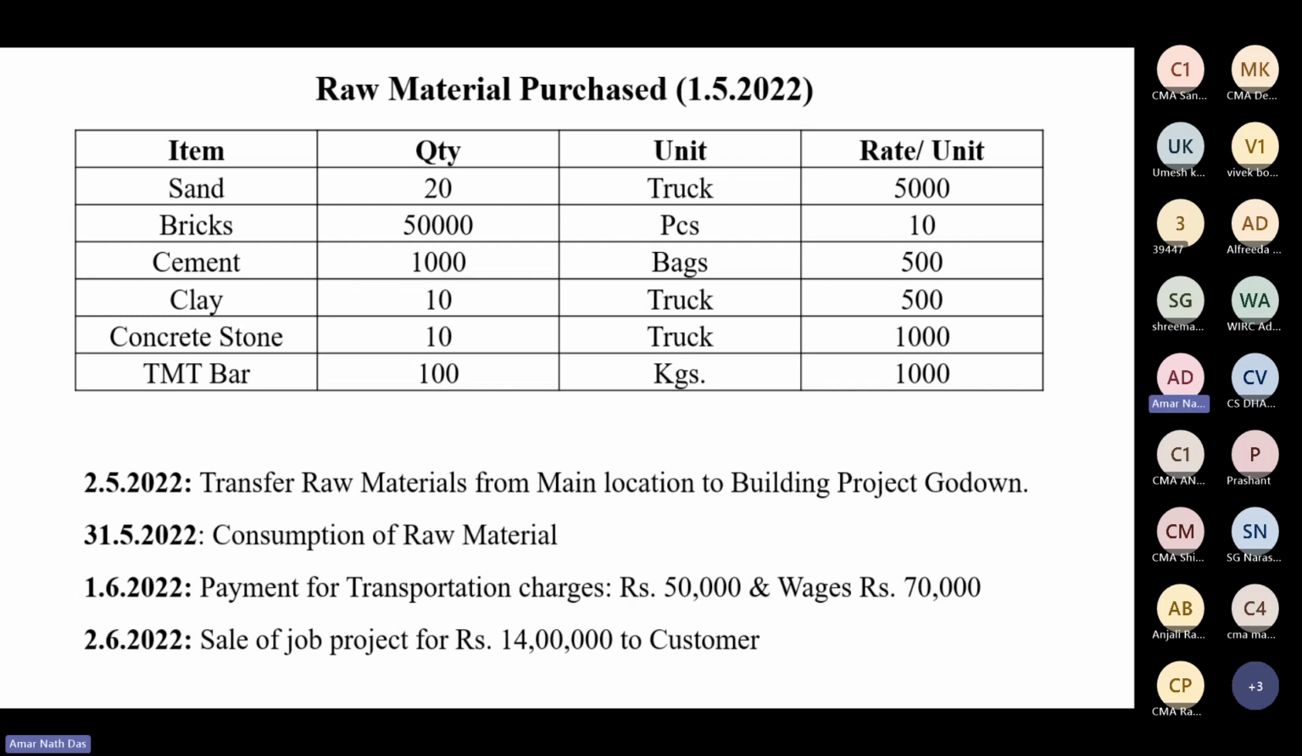So what we have to do, we have to purchase all those raw materials. We have to transfer some raw materials from main location to building project godown site. Then we will consume all those raw materials. We prepare construction, and then we also make payment for wages and other charges and transportation charges. And finally, when the job is done, we will sell it to our customer at rupees 14 lakhs. So that's all. So this is a plain and simple